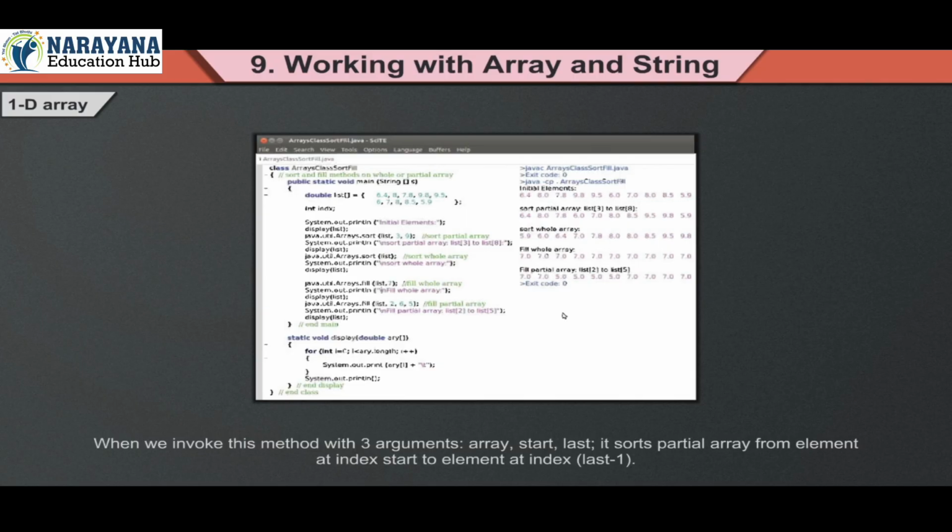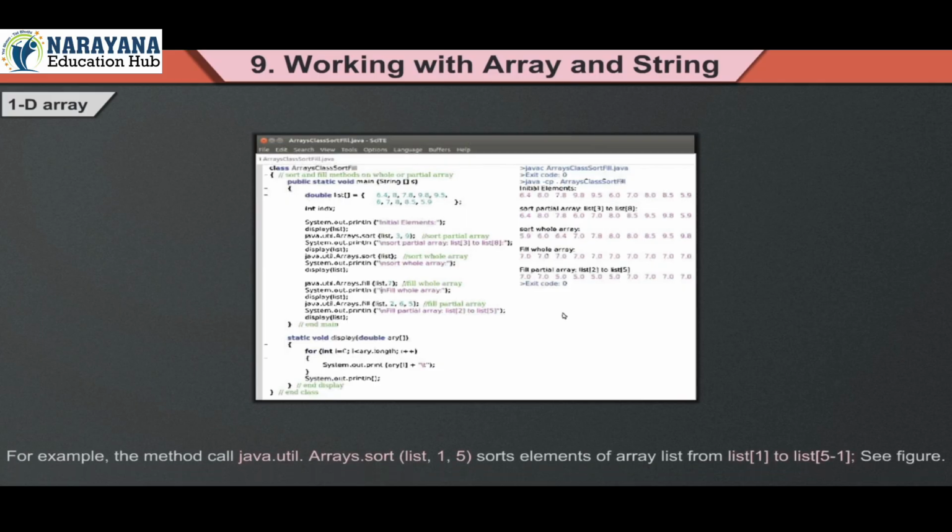When we invoke this method with three arguments, array, start, last, it sorts a partial array from the element at index start to the element at index last minus 1. For example, the method call java.util.Arrays.sort(list, 1, 5) sorts elements of array list from list[1] to list[5] minus 1,